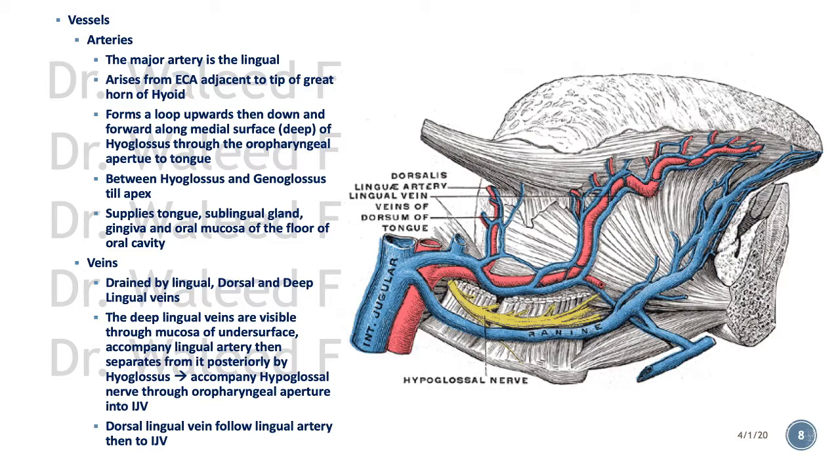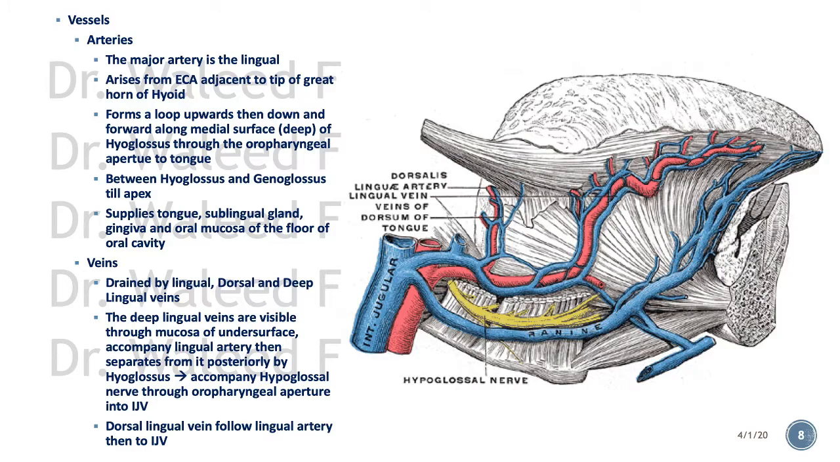And once it arises, it forms a loop, upward loop, and then down again. Why does it do that? Remember the loop of the inferior thyroid. Why did it make a loop? To give a slack for the movements of the tongue. Remember, the lingual artery is going to supply a highly movable organ. So it must have a slack in it, extra length, so as not to get torn